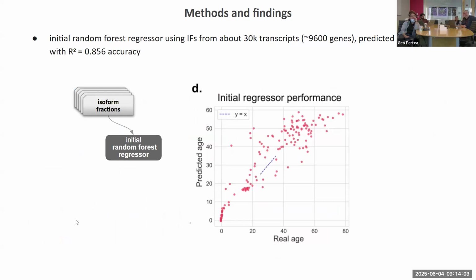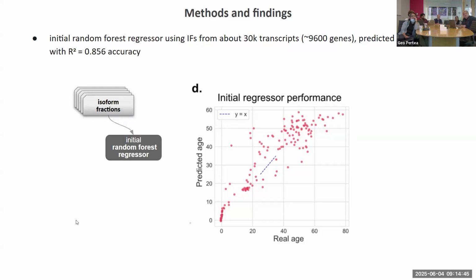Now, going back to the age prediction model, this involves, of course, all the samples from these DLPFC samples across an age range from prenatal to 85 years old. So initially they started with a random exploration using random forest regressor model. And this is relatively simple learning framework where they use the 100 trees to avoid overfitting. It showed that the age can be predicted with over 80%, 85% accuracy just by using this direct random forest